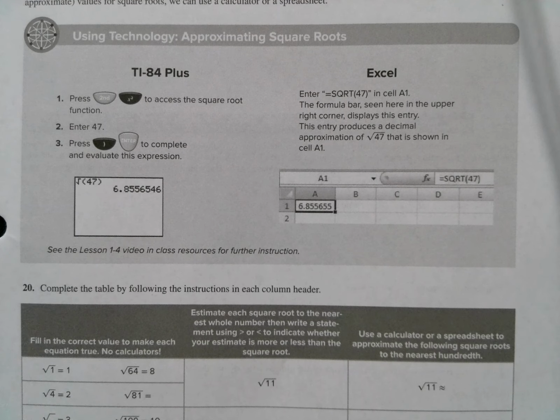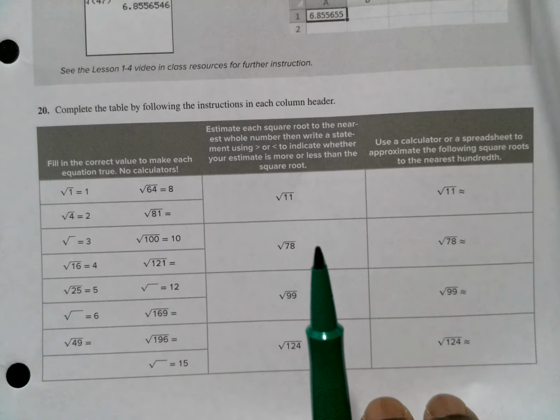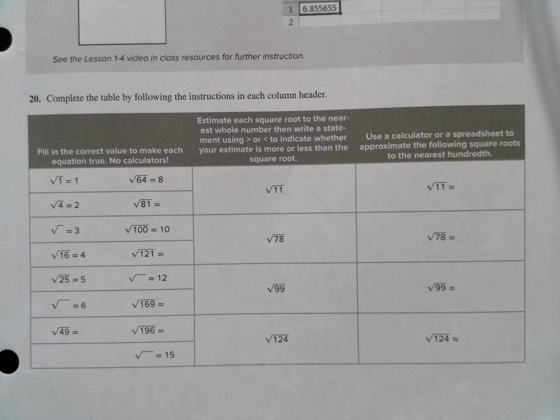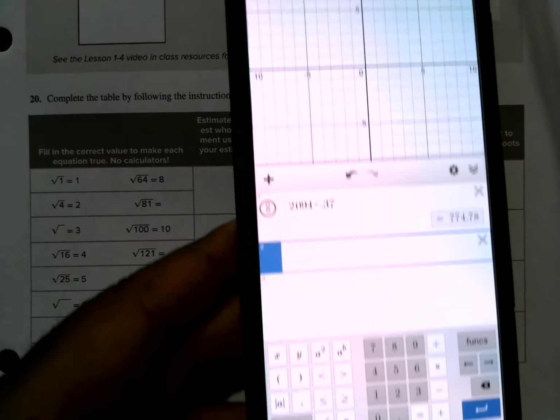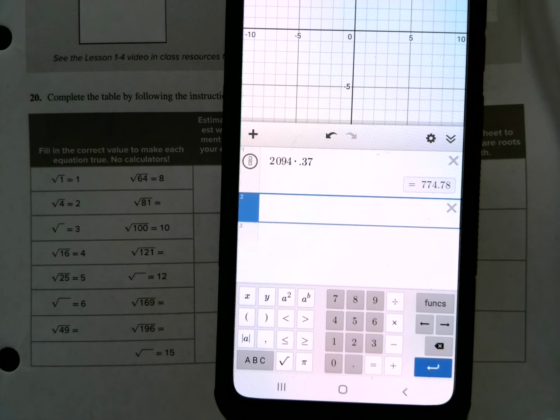And then also, if you use Microsoft Excel, it also gives you a description of how to put it in Microsoft Excel. Now, I did encourage you all to use Desmos, which is a very good free program that you can use. So I will be doing this in Desmos to make it a lot simpler, not only for myself, but for everyone in the class, because everyone does not have the TI-84 or TI-83 calculator. If you're using Desmos on your cell phone or on the computer, you'll notice here that you have this